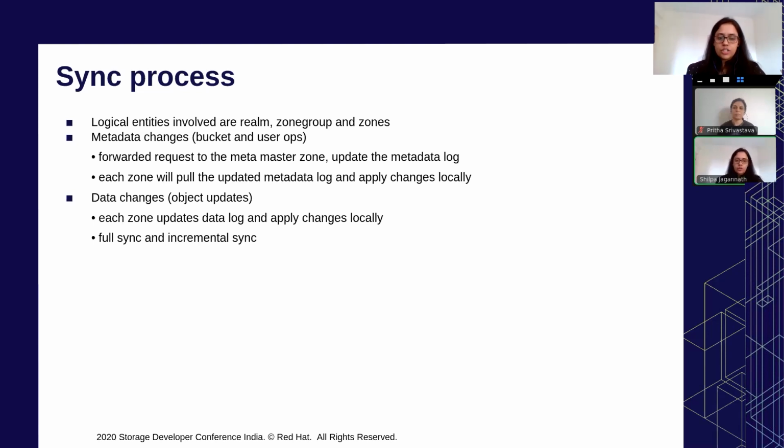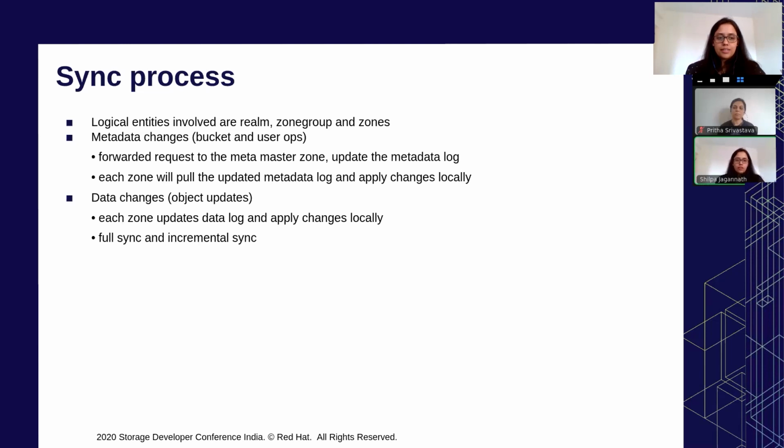As for data changes, it maintains its own log called the data log, and we have two different phases in that. One is the full sync and then the incremental, where we see if the bucket exists or not in other zones. If it doesn't exist, then we fetch the bucket and update the data log, and the rest of the data and everything else gets pulled after that in the incremental sync state. These logs do get big because it tracks almost everything, so there's automatic trimming that runs periodically to ensure that they don't fill up space.